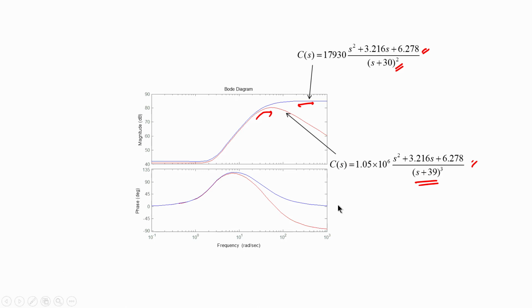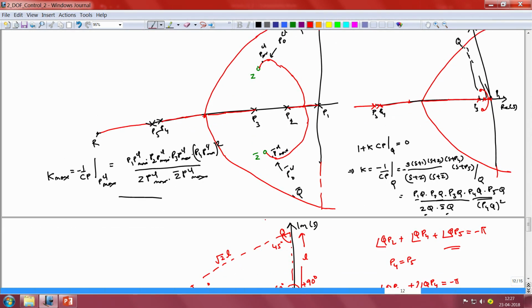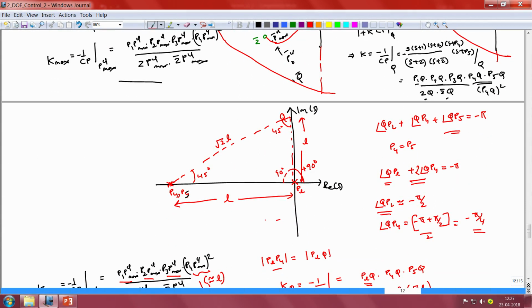The third and final aspect of root locus based 2 degree of freedom control design that I wish to discuss is concerning the number of lumped poles that we have near the origin. If we return to the original root locus of the overall system, we notice that we could exploit the fact that 3 of the plant poles and the 2 controller zeros were very close to the origin compared to the 2 controller poles P4 and P5, in order to lump the effect of these 3 poles and 2 zeros as just a single lumped pole at the origin.